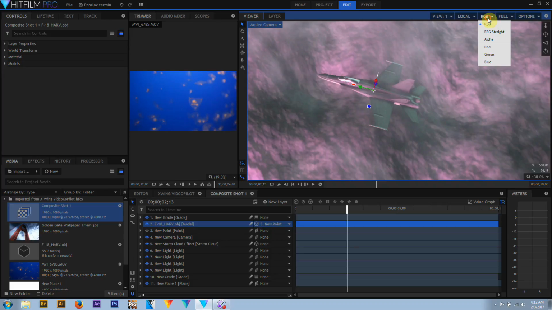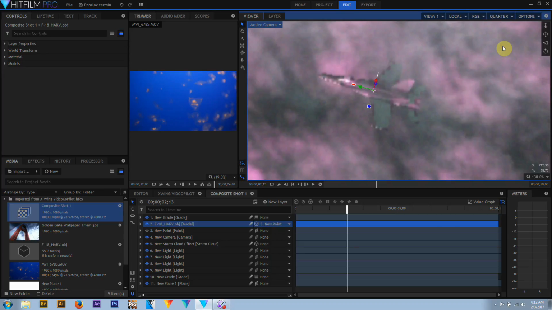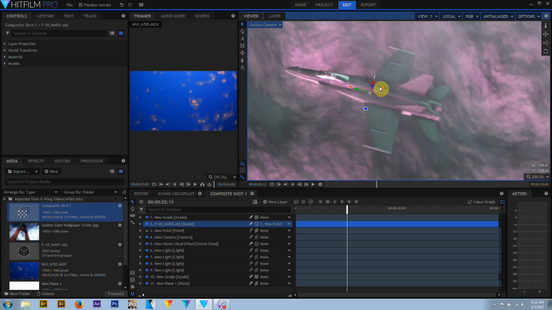This menu controls whether we are displaying straight RGB, RGB straight, alpha, red, green, or blue channel in the viewer. Normally, you would leave this set to RGB. Over here are the rendering resolution options: full, half, or quarter. If you're getting slow performance in a complex composite shot, you can speed things up by shifting to a lower resolution. Or you have the option of turning on anti-aliasing to get a preview of how things will really look